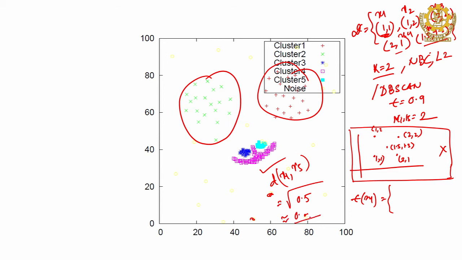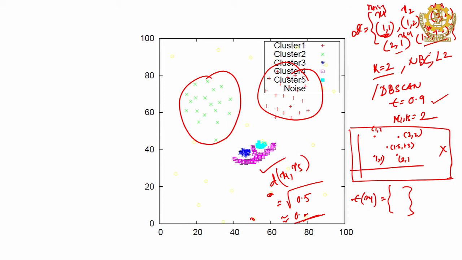So obviously that is going to be less than 0.9, because epsilon is 0.9. So, the epsilon neighborhood of x1 will contain only x5, fewer than the minimum points, so x1 is a noisy point. You cannot explore from a noisy point. If it is a core point, then only you can explore. So, this point is marked as a temporarily noisy point.